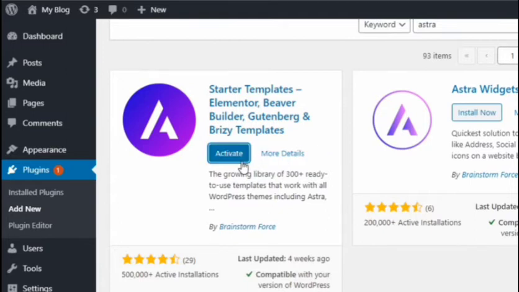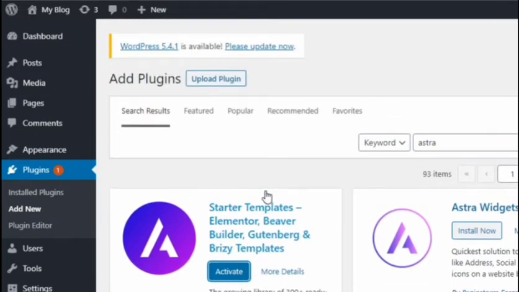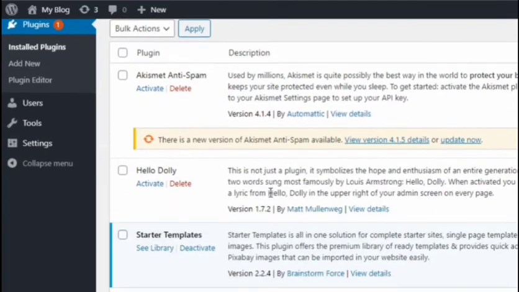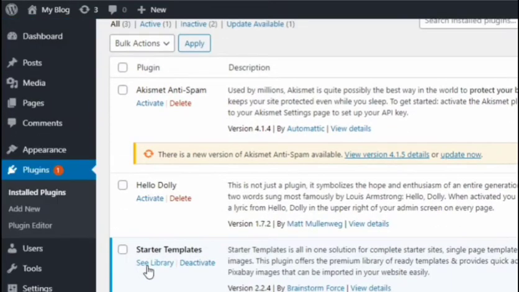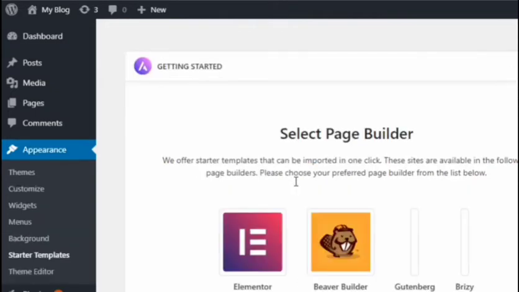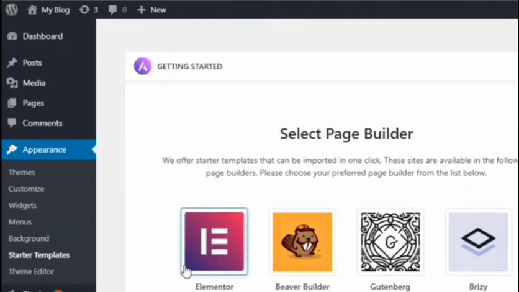If you don't want Astra, you can even choose from already available free themes in WordPress. Click on appearance, and in the theme section you will be able to see some free themes that are already present in WordPress. So you can click on that and do. But now we are doing it with Astra.